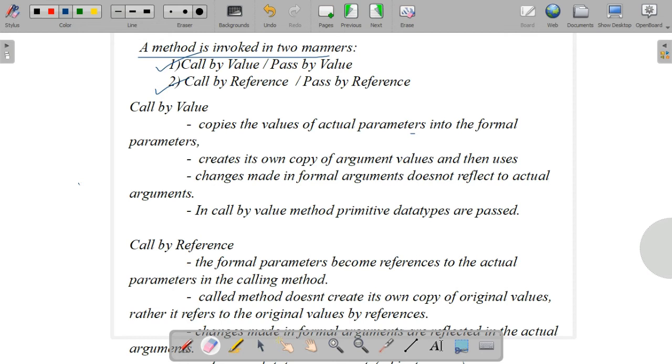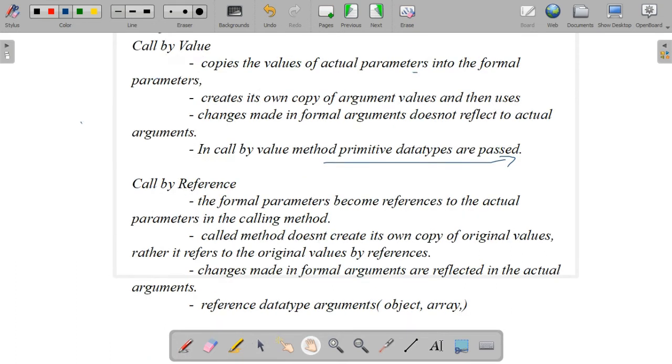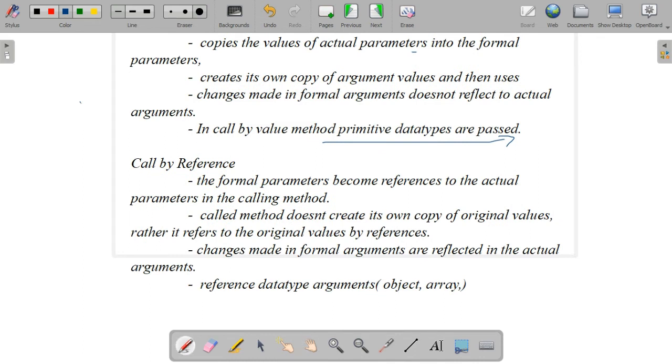Why? Because it is taking only the copy of the value, not considering the original one. And in call by value, mostly primitive data types are used. We are passing the values as primitive data types.